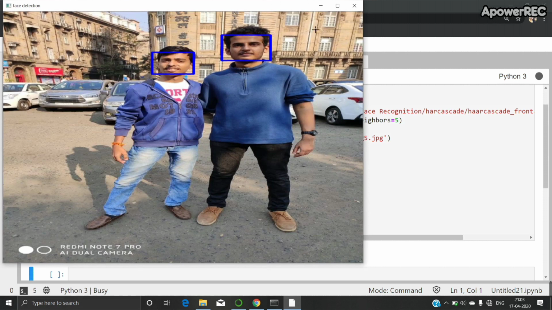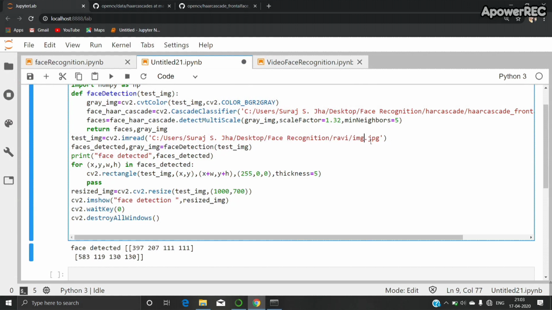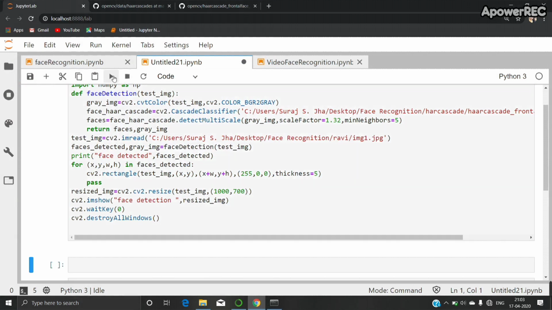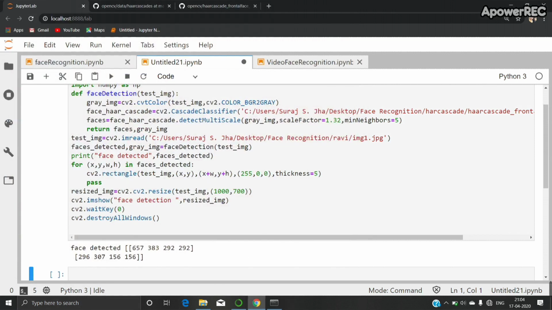Now the second part: we will be recognizing my face, or predicting my face, by providing my previous images. You can see that I have created my folder where I have maintained my previous images.